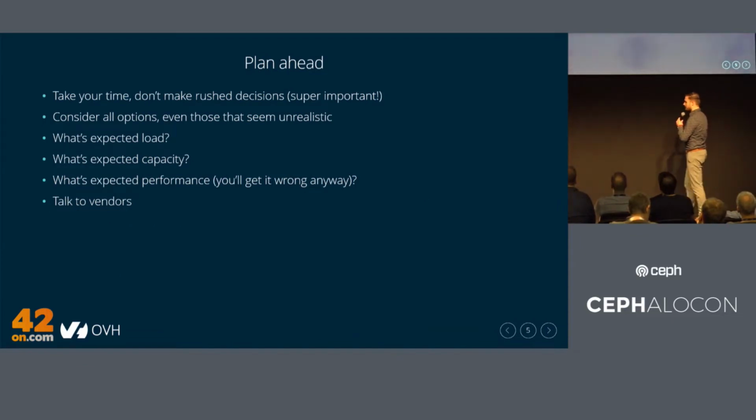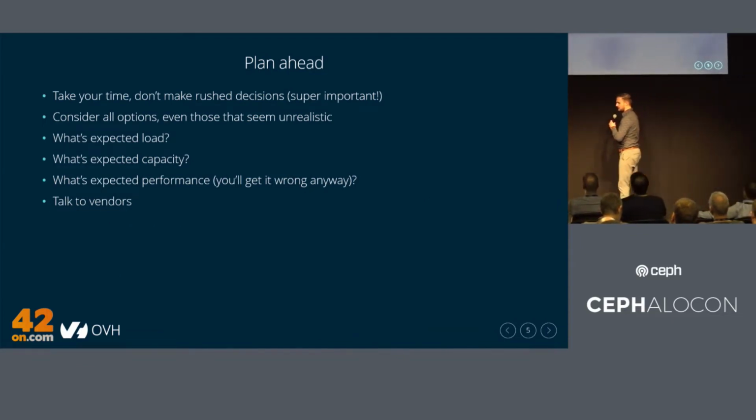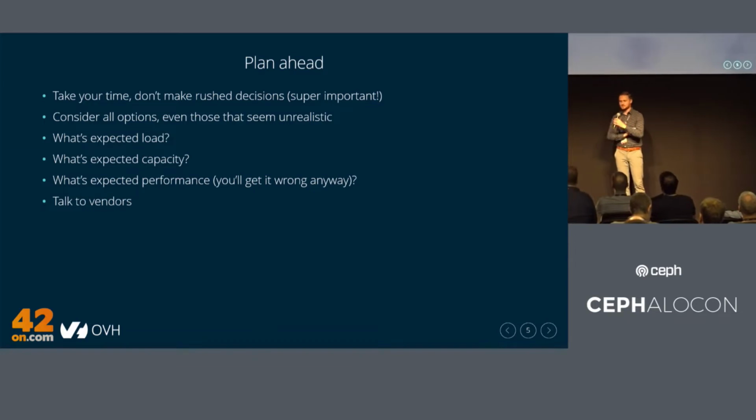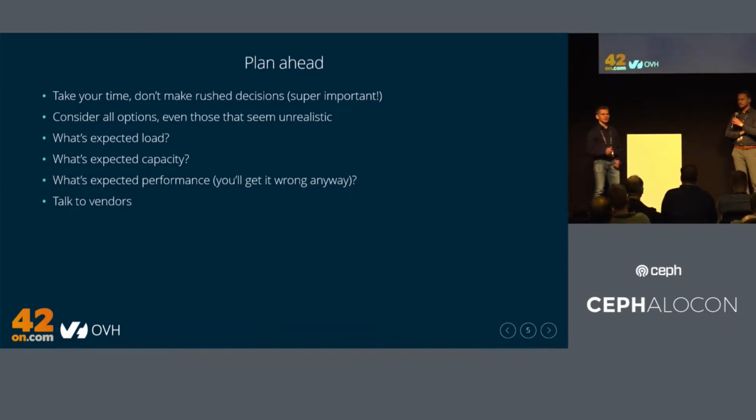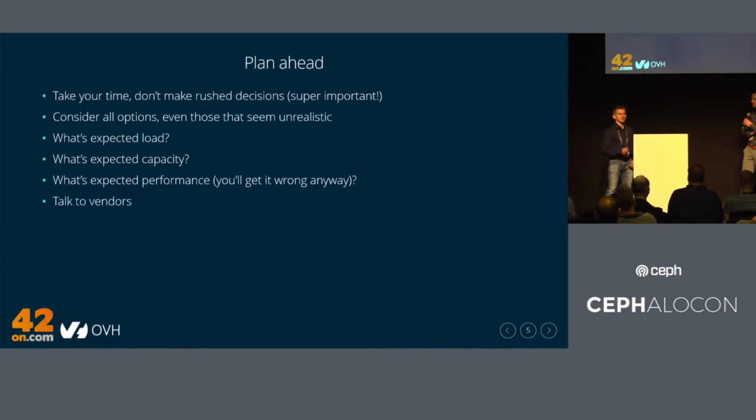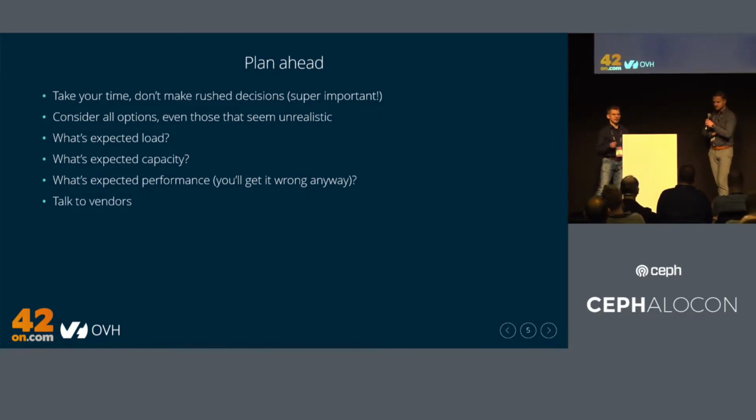To get the best of your money, you should plan ahead. You can't make rushed decisions. You can't just go and rush through the shops and get any CPU and NVMe drives on the market and call it a day. You won't get the best of your money or your hardware at the same time if you do it that way. You should plan ahead. You should consider also all options, even those that are unrealistic at the time. For example,